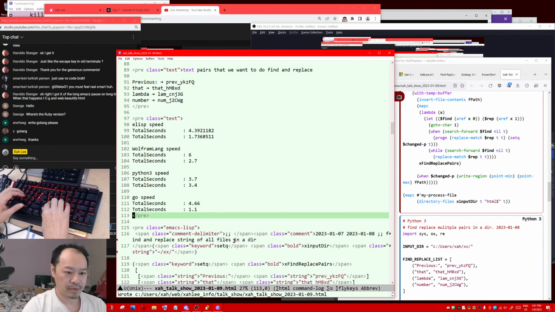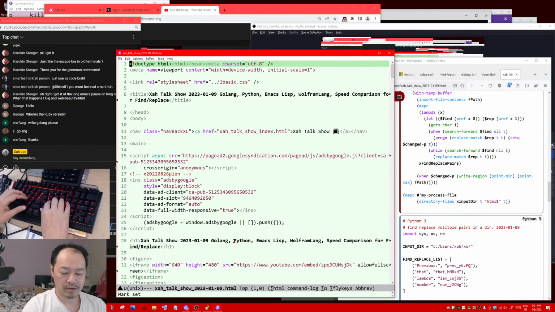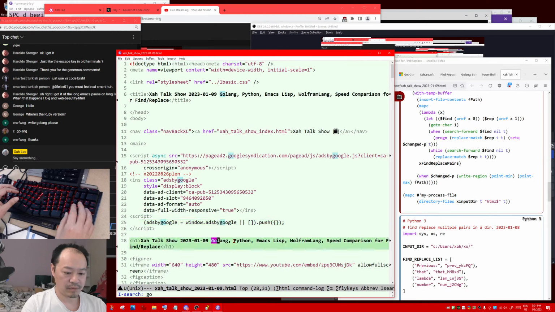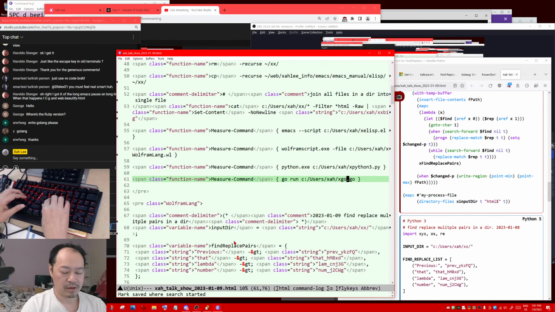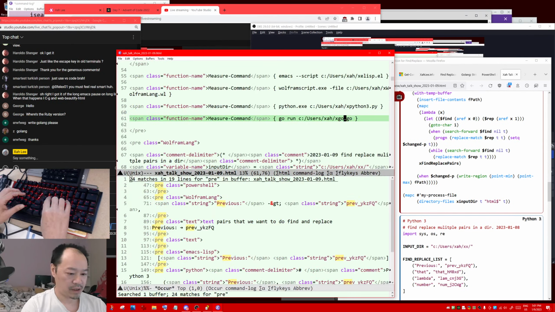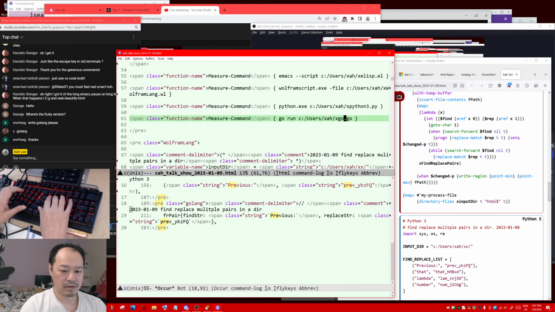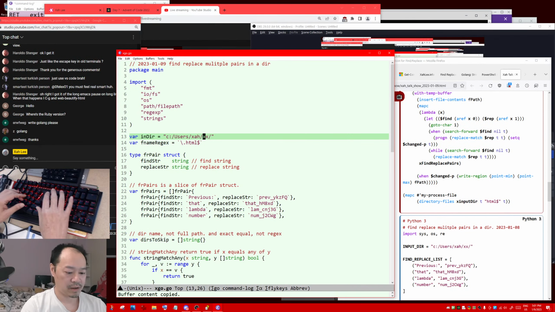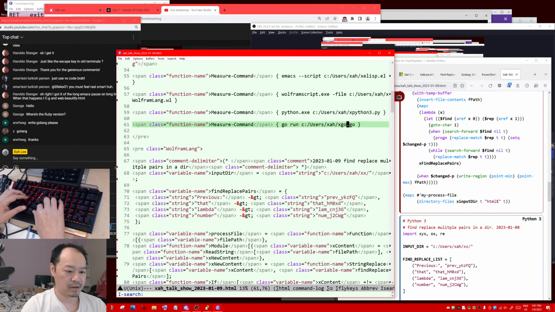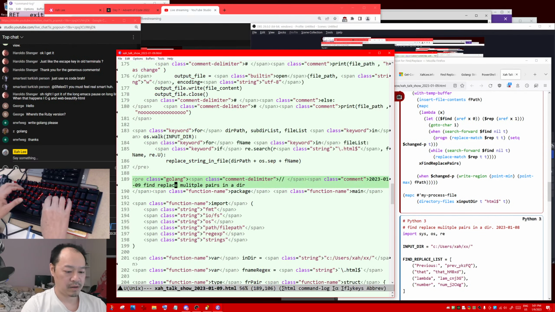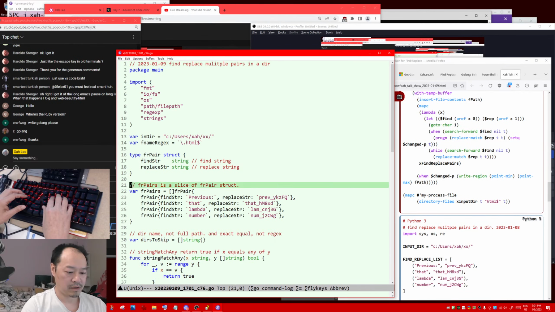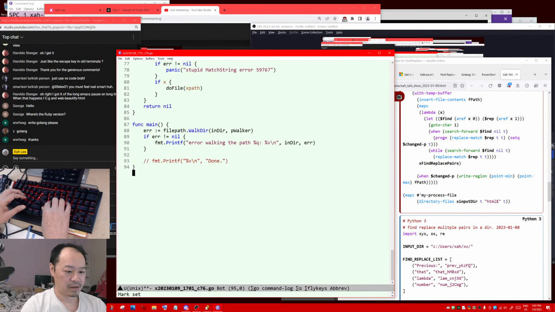So let me put the, I'm shutting down. Okay, so let's put the Golang code. Do we have Golang here? Okay, so open it, copy, close. Here, paste. Okay,